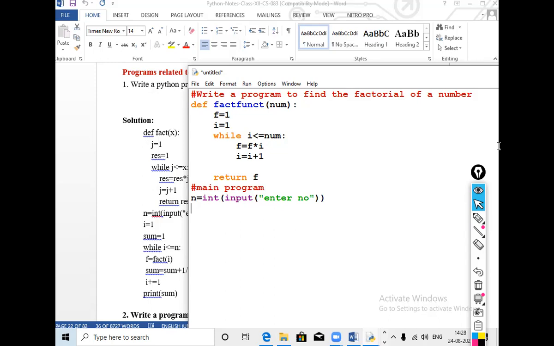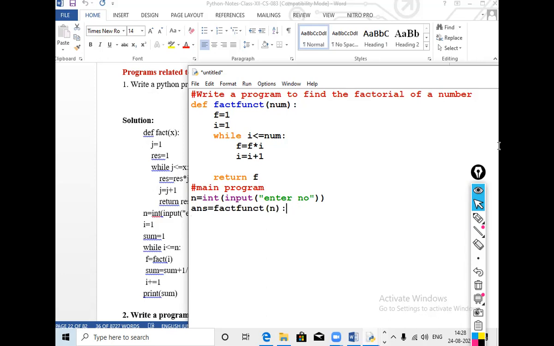Now we can pass it directly into the function: ans equals to fact of num.